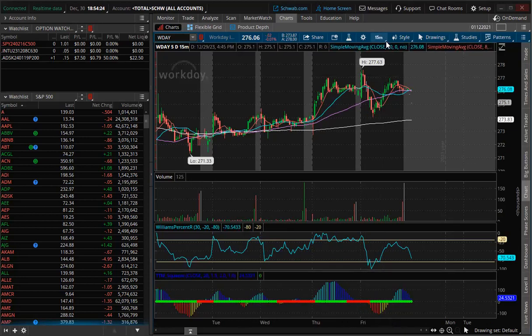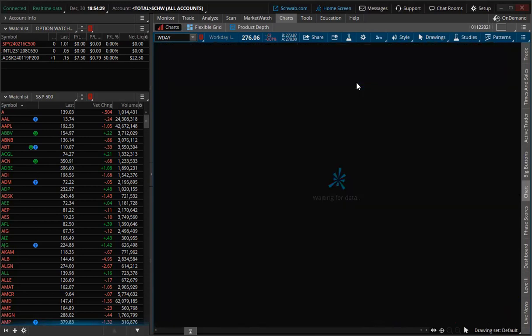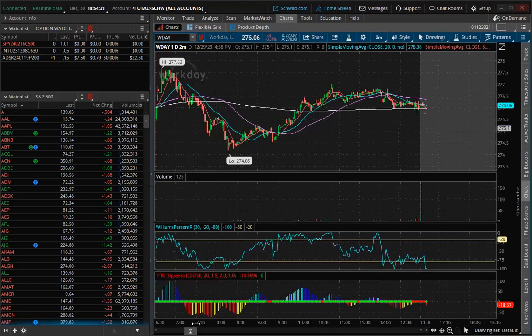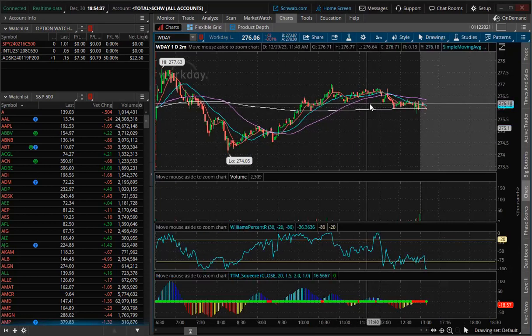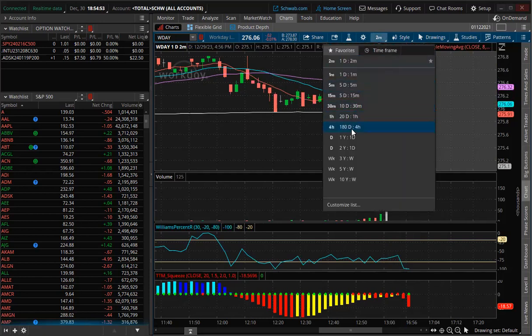If you change your time frame to a 2-minute chart, it'll give you the time of day that all of these wonderful price indicators are operating. At the top of the chart, I'm going to go back to 1 year,